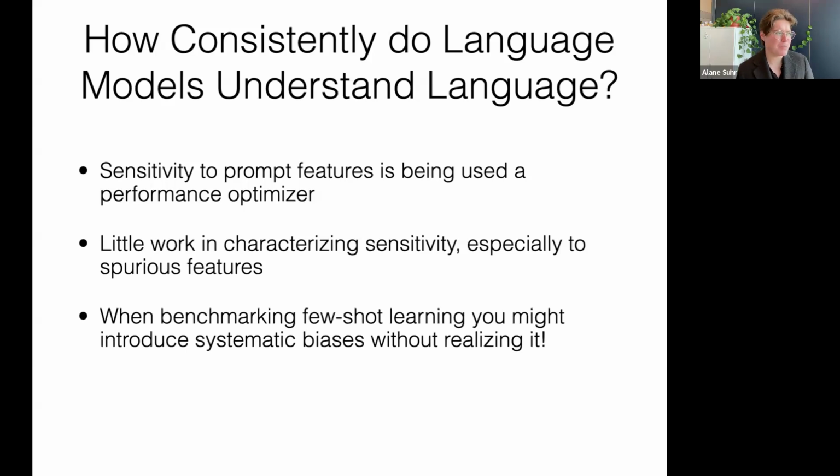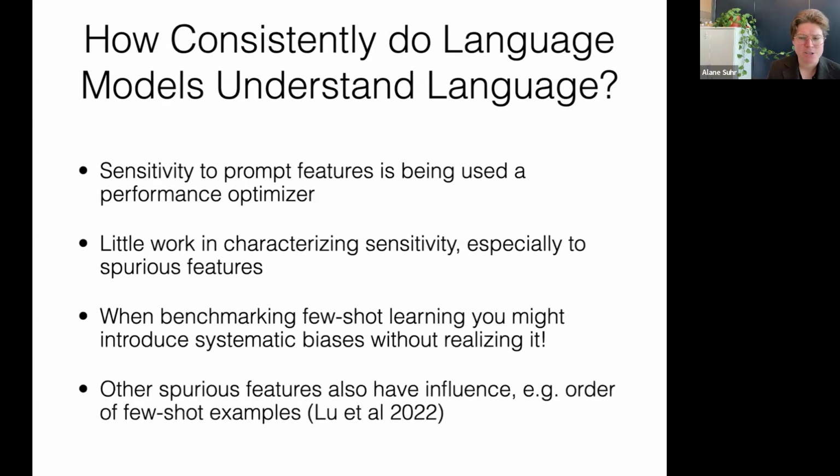One issue that we identified is that a lot of the time, if we want to evaluate a model's performance, we're going to pick maybe one or two prompts and then just roll with them. We're not going to identify what about our choices in that design actually made it work or not work for that task we were evaluating. There is some additional work that's looked at other spurious features beyond the ones I'll talk about today. For example, if you're providing few-shot examples, how robust are the models to the order of those examples in context?